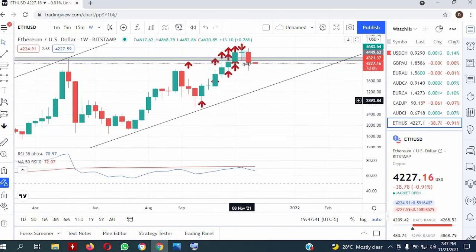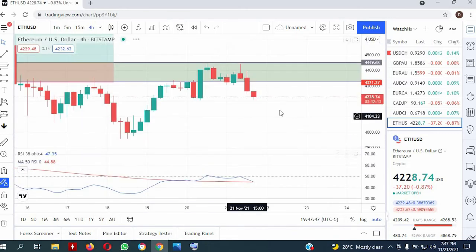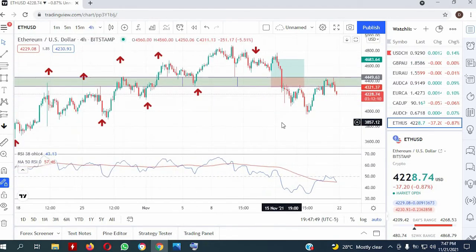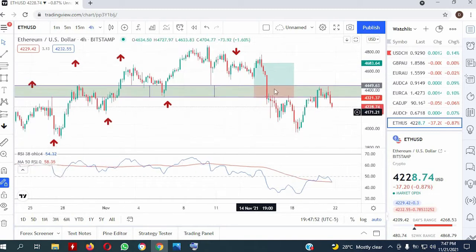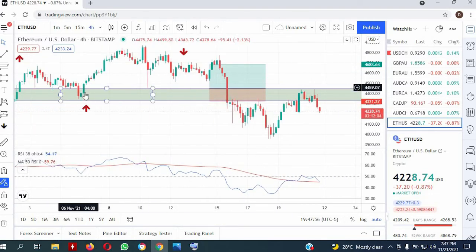So the Ethereum is making a correction. Let's move over to the 4-hour chart. In my last analysis, I said that the Ethereum would pull back into this area for support. However, I said that the Ethereum would gain resistance in this area because it's starting to create